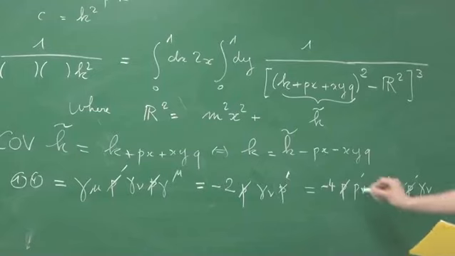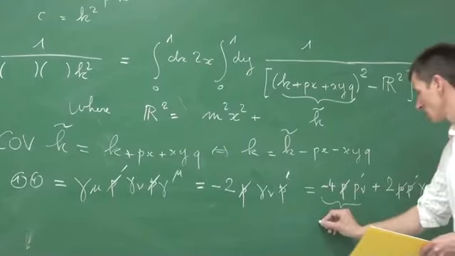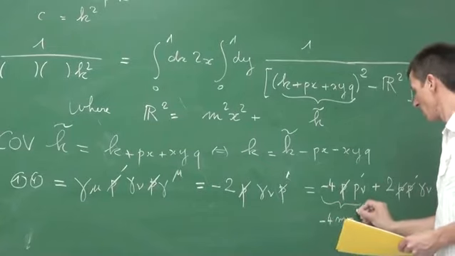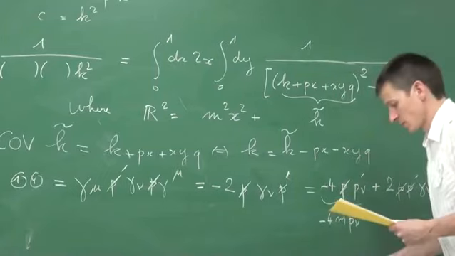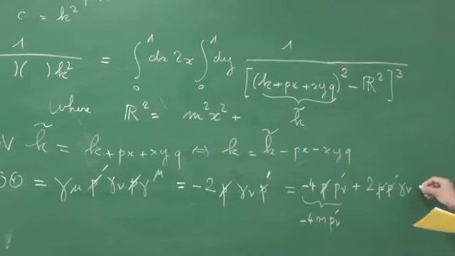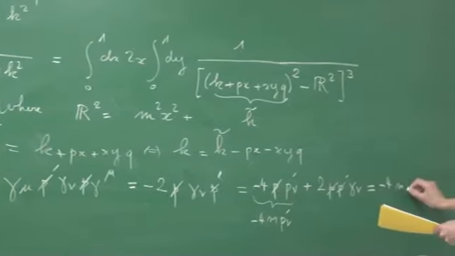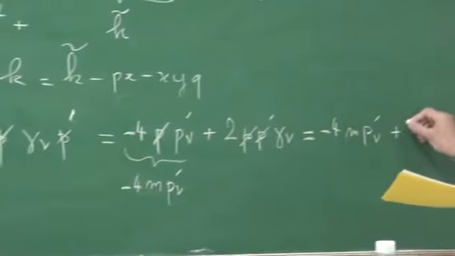Then you can apply the Dirac equation: minus 4 m prime mu. And this will apply again the algebra and get this: minus 4 m prime mu plus 4